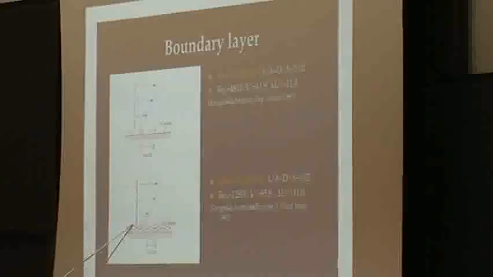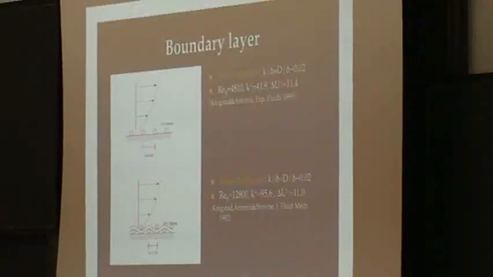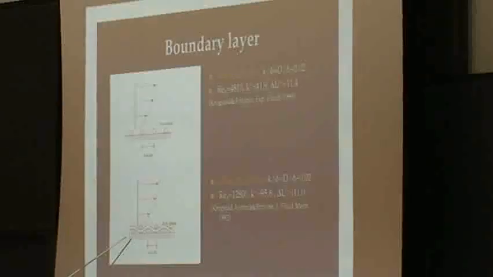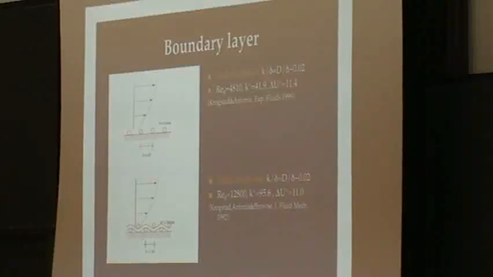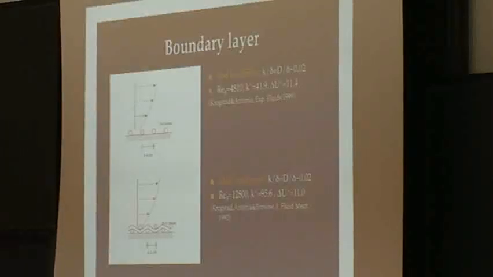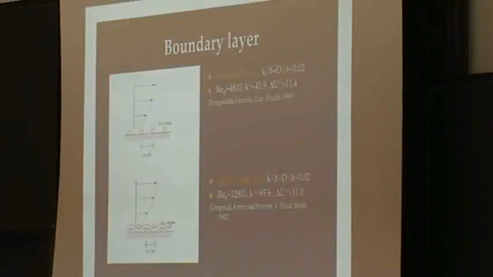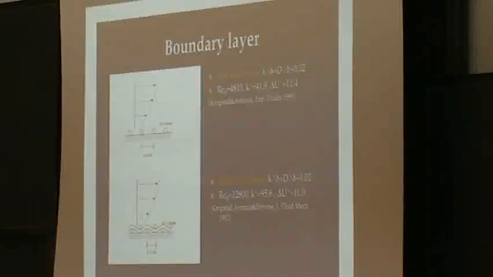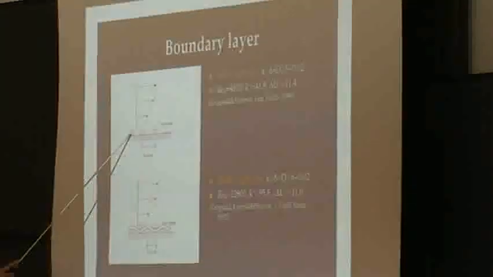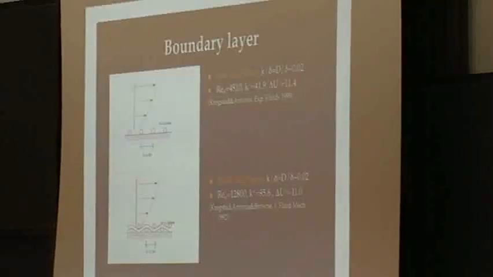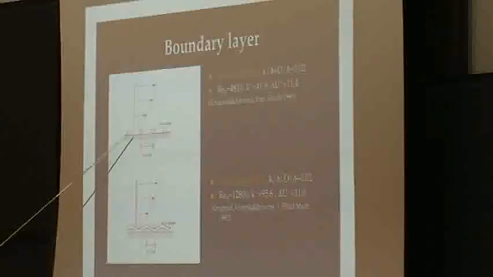We did two experiments, one which had a stainless steel mesh fixed to the floor, and this has more or less a three-dimensional random roughness pattern. So we would think that this would behave more or less like sand roughness. But then we added another experiment which had span-wise bars set at irregular intervals.